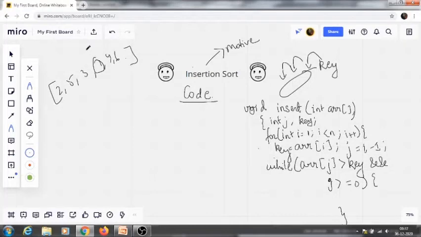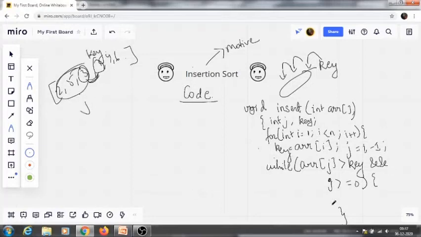If our key value is here and array j is greater than key, we will obviously compare and switch it here, but we will also compare with all these elements. That's why j is greater than or equal to 0, because we are going to decrease the value of j.